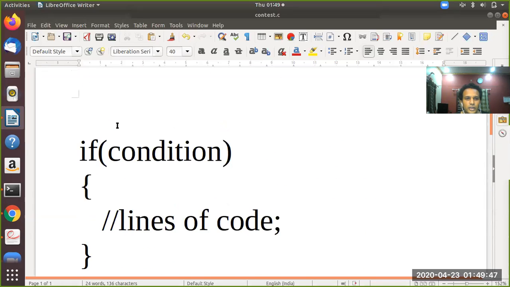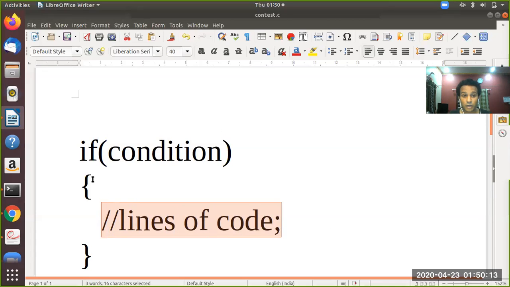Now here you see, if will be executed if and only if this condition is correct. Condition is correct means it is true. What is true? The condition being checked is true, right? If the condition being checked is true, then only the execution will go inside. In other words, technically the control of execution will go inside this if block.